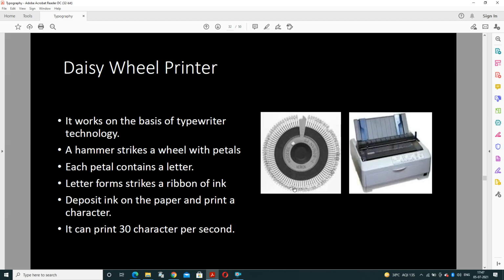A daisy wheel printer works on the basis of a rotating wheel, using typewriter technology. A hammer strikes a wheel with petals, and each petal contains a letter. The letter strikes an inked ribbon and deposits ink on the paper to print a character. It is similar to typewriter technology, and it can print up to 30 characters per second.